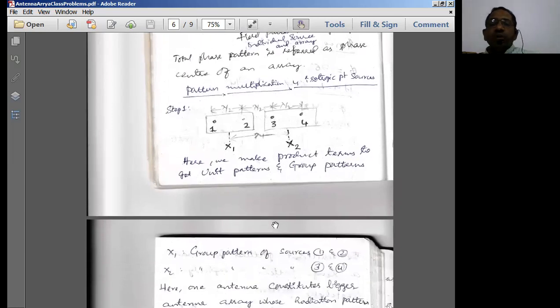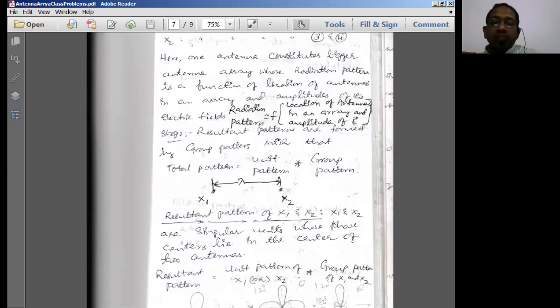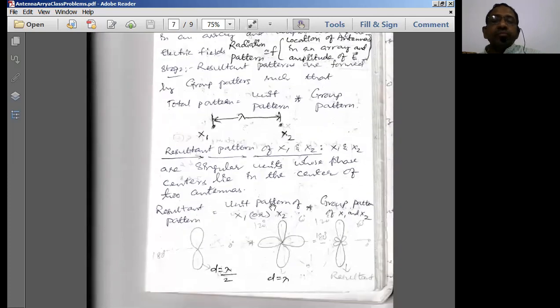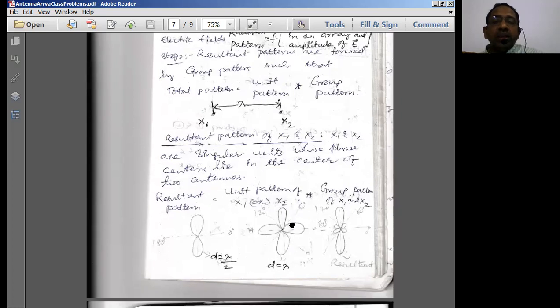So that means this distance varies uniformly. Therefore, the distance between the two virtual locations of the antennas x1 and x2 would definitely be lambda. That is the key here. So the distance between these two is going to become lambda.